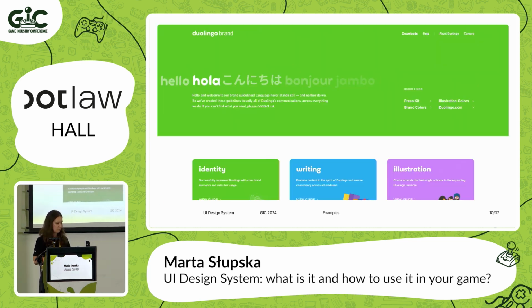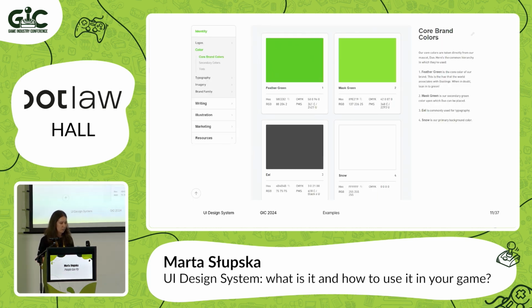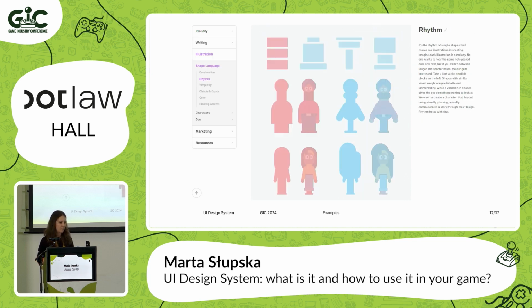And the second one of my favorite examples is the Duolingo design system. I really like it because it's playful but very strict. They have a lot of strict rules for their identity, even for the writing. What character of writing do they want in their products? Of course, the colors, because they are a very big part of Duolingo branding. And I love that they have very strict rules for the information, for the illustration, how they want it to be made, what feeling they want to convey. And I think it's very interesting that they have it in their design system.